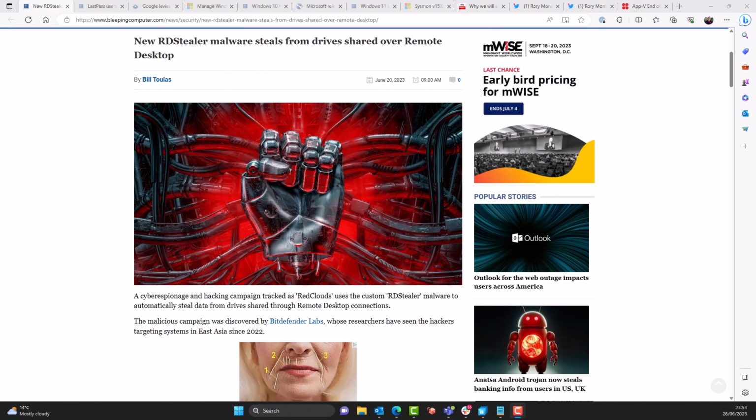BleepingComputer.com shared a pretty extensive dive into a new RDStealer malware that steals data from drives shared via multimedia redirection in remote desktop sessions. The 5 modules that comprise this RDStealer are a keylogger, a persistence establisher, a data theft and exfiltration staging module, a clipboard content capturing tool, and one controlling encryption and decryption function, plus logging and file manipulation utilities. And upon activation, they report that RDStealer enters an infinite loop of calling the disk-mounted function, which checks